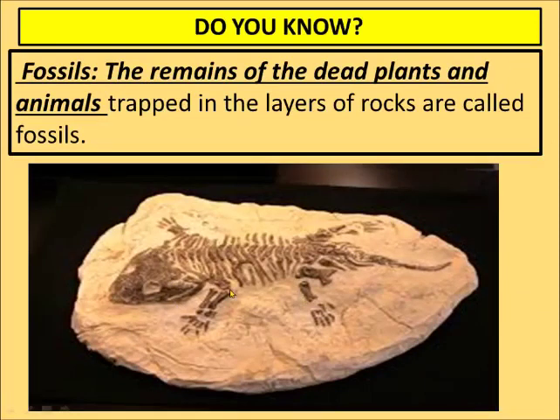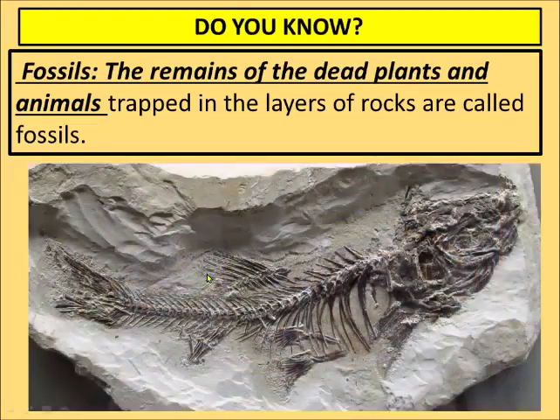Suppose this was some crocodile or lizard which died many years ago, but see, its skeleton has been found recently, and so over the period of many years this skeleton has changed into a fossil. One more example of a fossil, you can see the skeleton of some sea animal. This is almost looking like a fish, right?